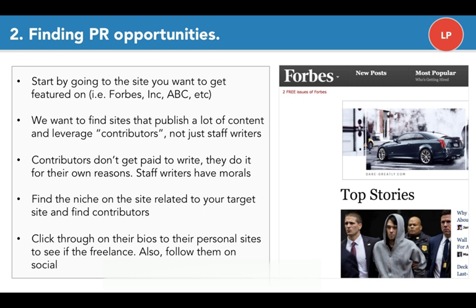So I'm just going to use Forbes as an example. I'm actually going to jump into a live one and see if I can find someone. We're going to start by finding the niche within Forbes. So, if we're looking for entrepreneurship, finance, business, small business, we go to that section and we want to find contributors that write for those sections, because contributors only write for one section. They don't write for finance and business and health. They only write for one. So we want to really niche down into the ones that we want to target, and we want to find contributors there. And we want to click through on their personal bios that are featured on all of these sites,